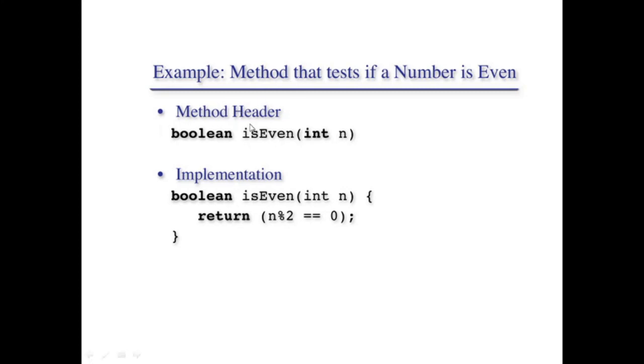Now, what is a method header? It is also known as a declaration. What is it? It is just the return type, the name of the method, and the argument list. This is known as a declaration, or what we can say the method header, or the prototype of the method or function. Like in this case, the name of the method is even, and the return type is boolean, and it has only one argument, and that too of integer data type. And when you write only this particular header without giving the body of the method, then it is said to be a method header, or just a declaration, or just a prototype, or a signature.